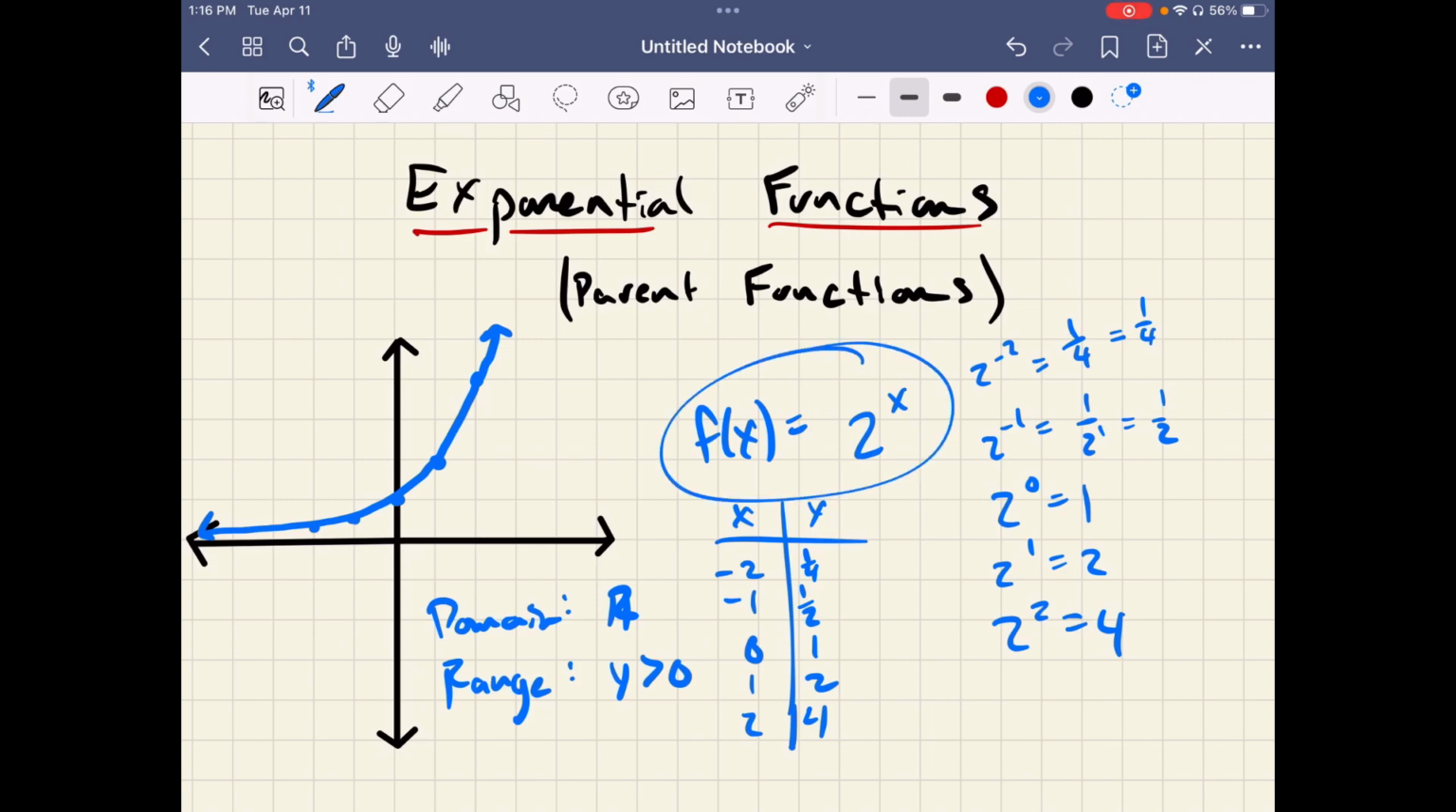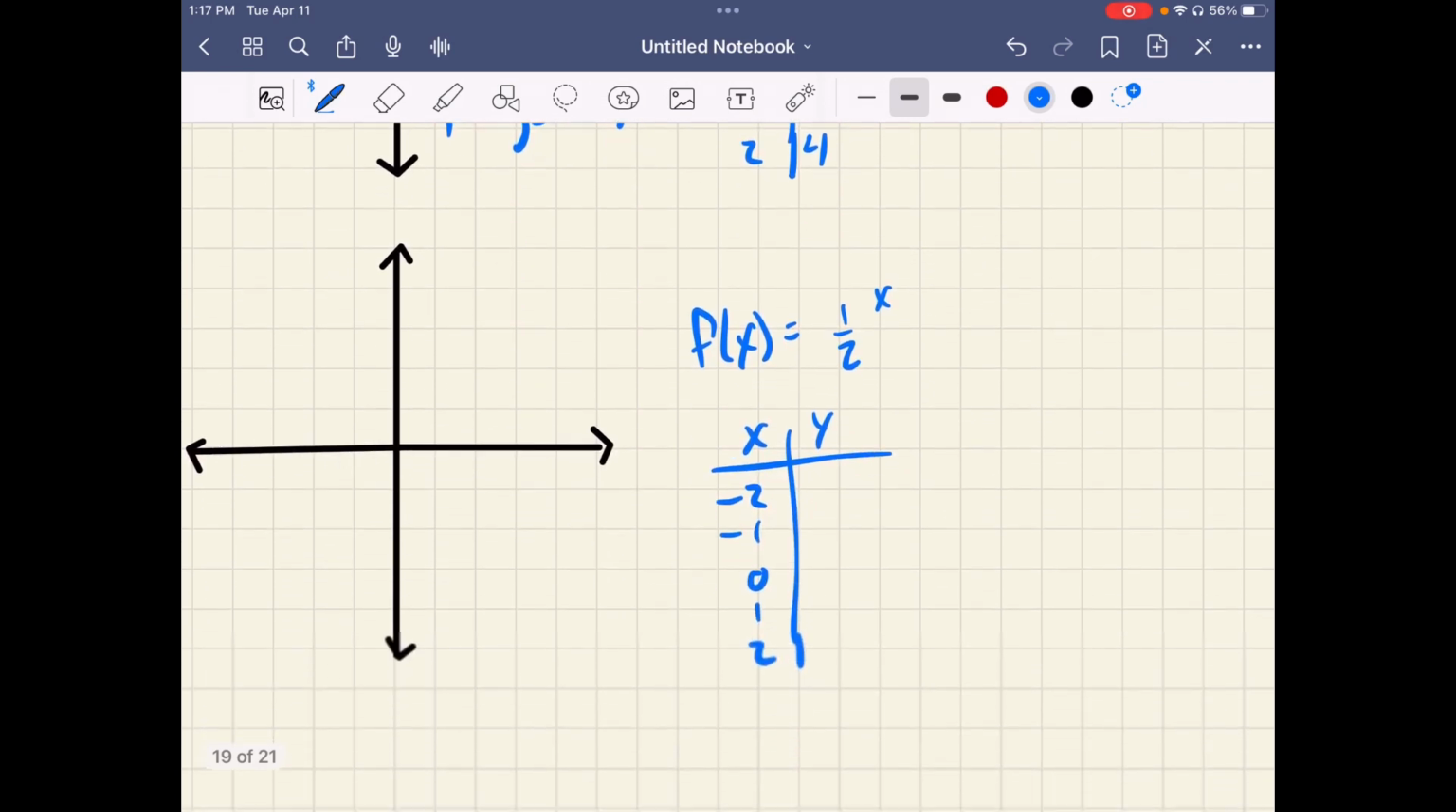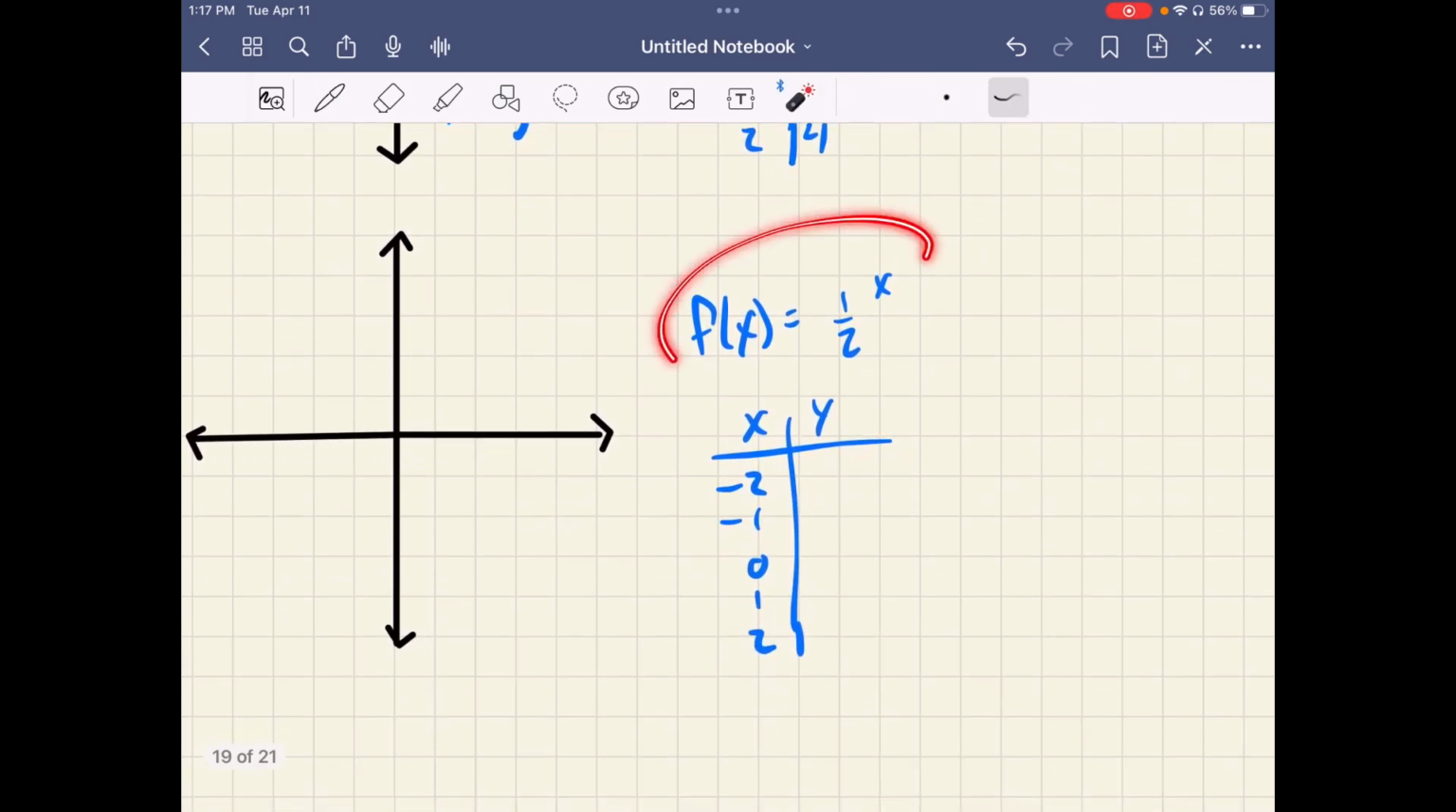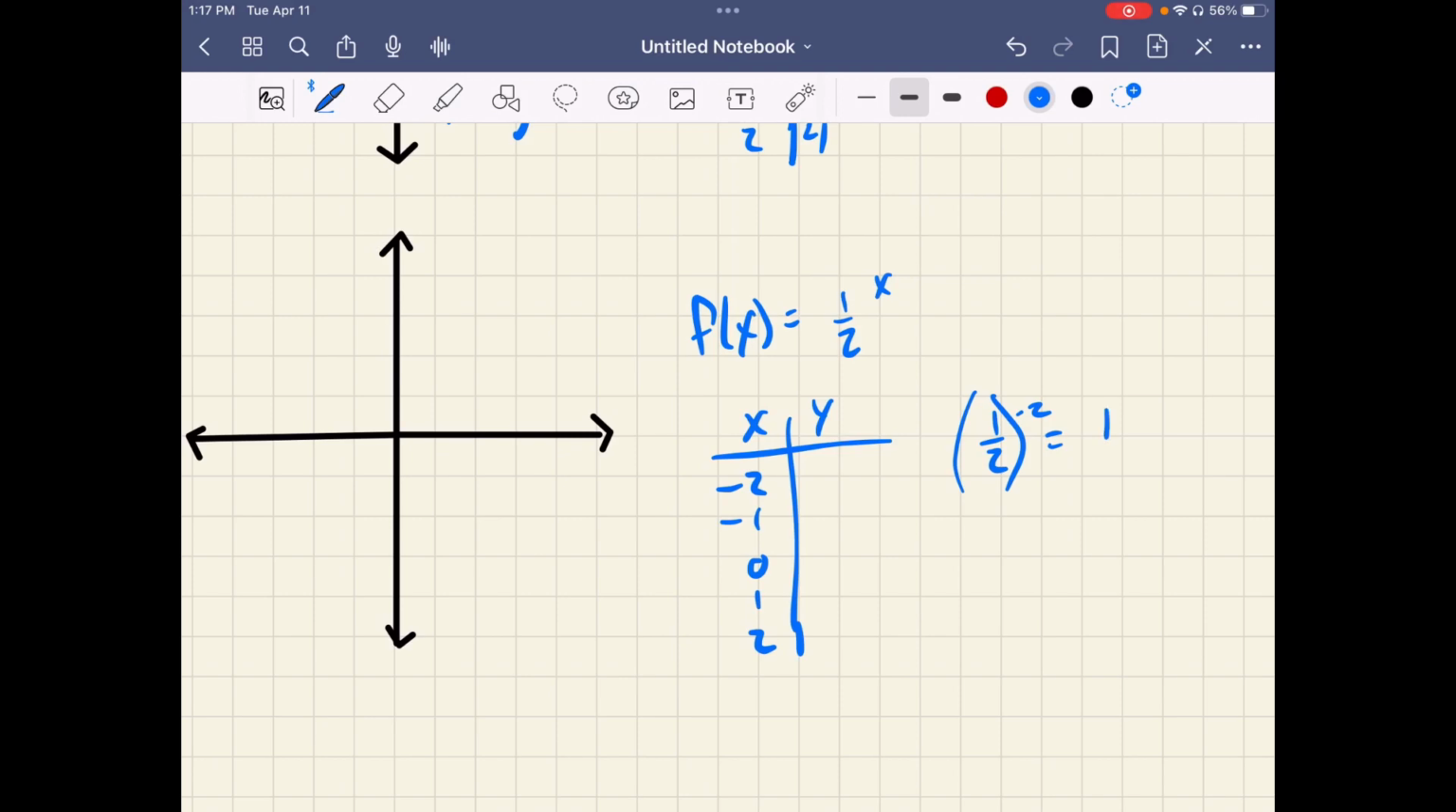All right, now let's change it up a little bit. We're going to do the same thing, but we're going to look at it a little differently. So now I have a new function here. I have 1/2 to the x power. Again, I have an exponential function because my x is in the exponent. And so let's plug that in. So I have 1/2 to the negative 2. All right, if you remember our exponent laws, that's 1 to the negative 2 over 2 to the negative 2,